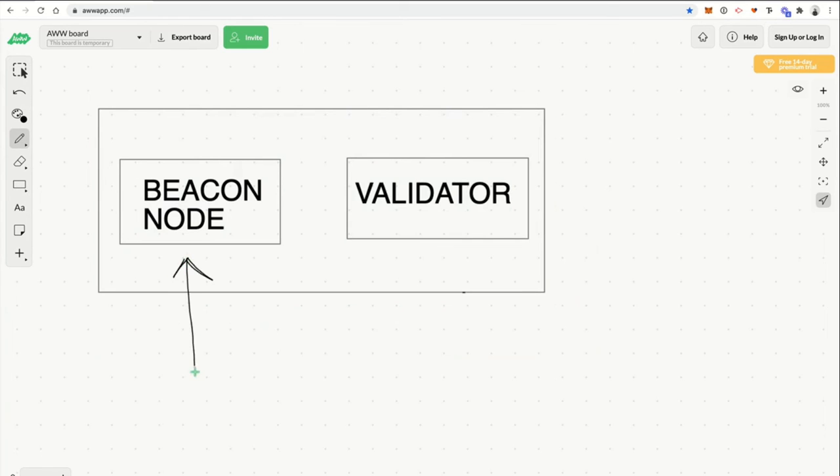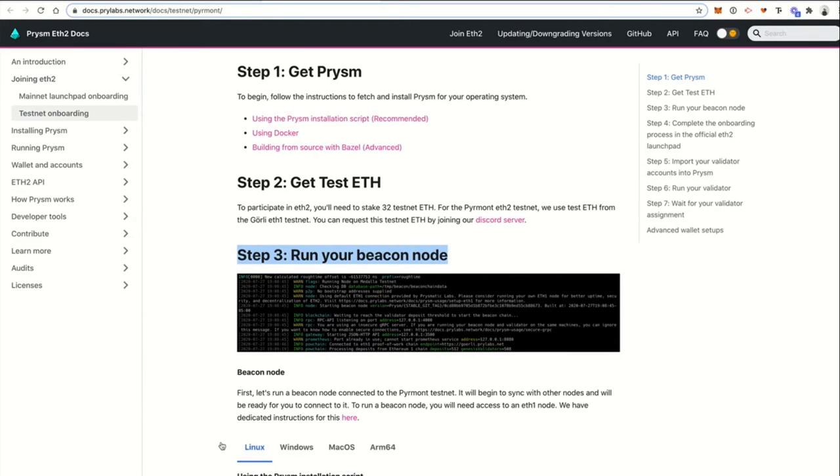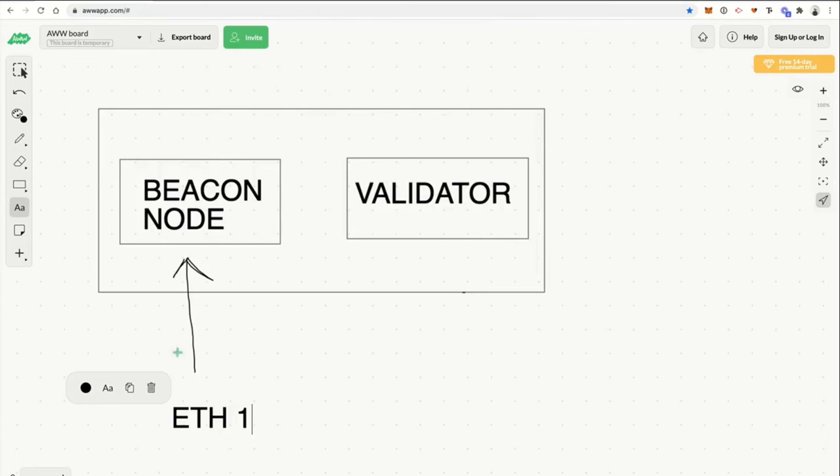So basically, what this does is it connects your entire setup to ETH1. That's what we had the Infura set up for. You talk to ETH1 with Infura, and that goes to our beacon node, and this keeps everything in sync with one another. And then the actual validator is going to talk to this. So this will all be on the same box, same system, but we just have to have two different processes